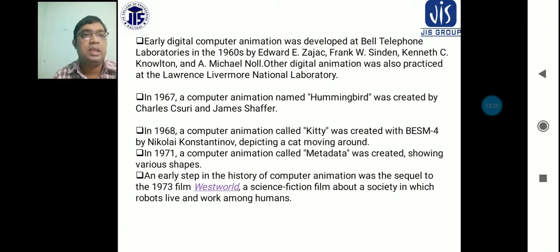Sinden, and also Kenneth C. No, Kenneth Knowlton and A. Michael Noll. Here the other digital animation was also practiced at the Lawrence Livermore National Laboratory. And another thing, in 1967, a computer animation named the Human Figure was created by Charles